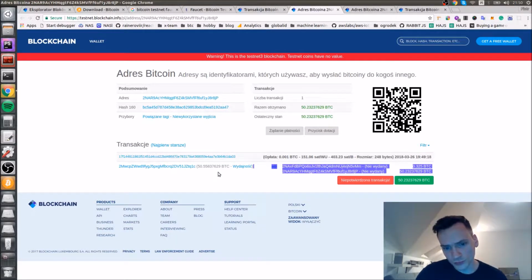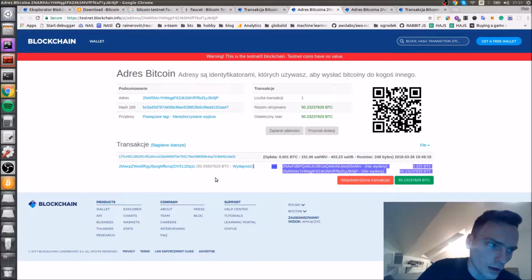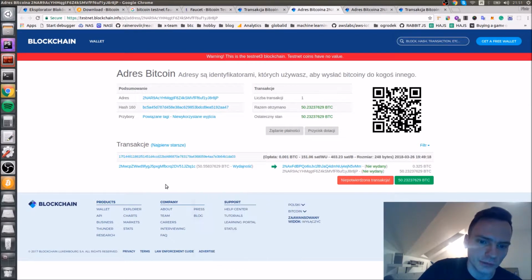So basically that's how it works, and it might happen that you will have an address with a couple of dozens of incoming transactions, but if there will be an outgoing transaction, it will create a new address for you with a new amount, and you will need to track the history back again to the previous address. As you can see, there is also the warning that this is especially the third version of